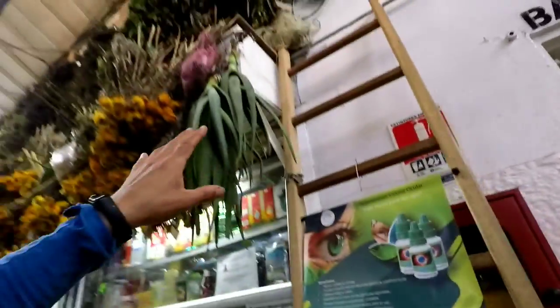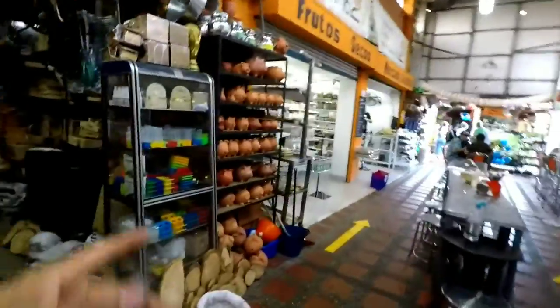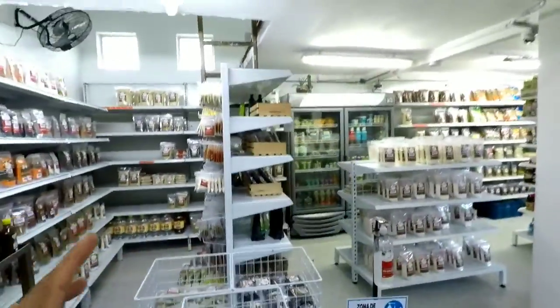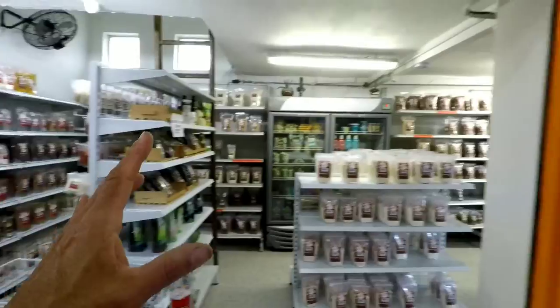And then you got the aloe vera, the penca sábila, and everything. So you got a lot of things you can get here at the market. And then you got the brooms and the mops. So you got a lot of stuff. You want to buy yourself a little piggy bank? I got some pottery stuff here that you can buy. And then you got the nice organic stuff here. If you want to buy some chia seeds or other stuff, or collagen, or...